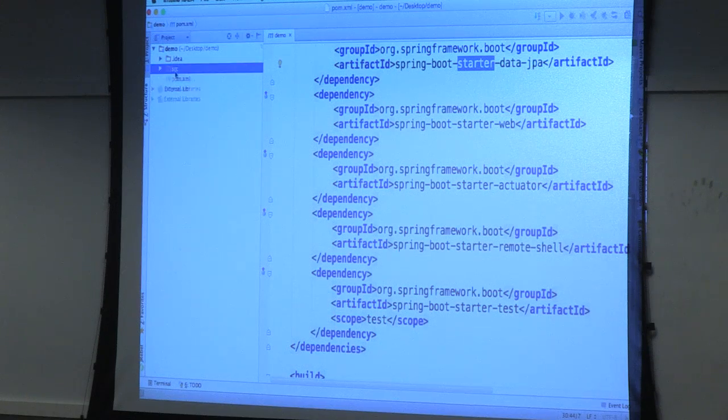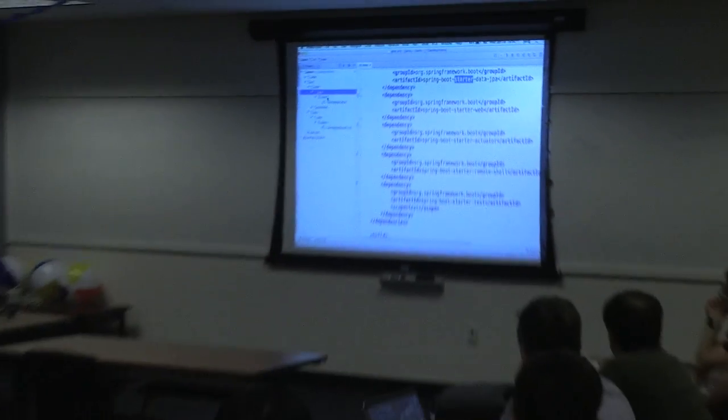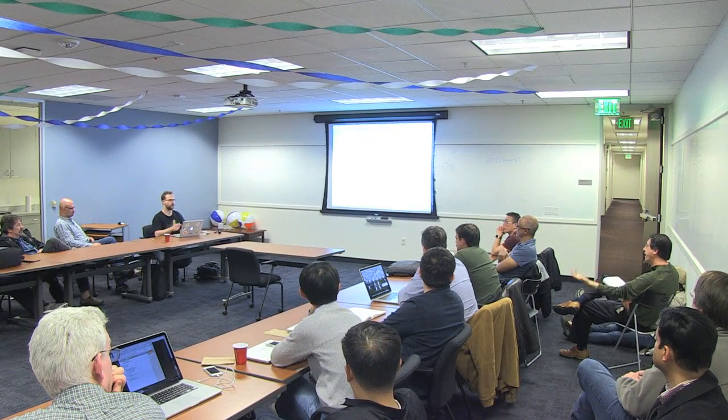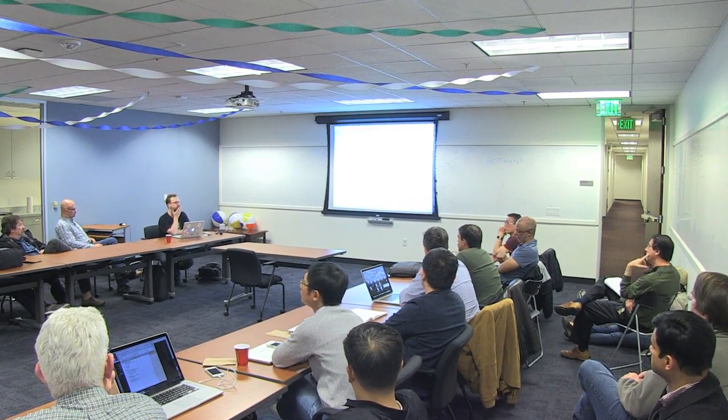OK? Yes, sir. Can you, for example, use Grails and include actuator in your app? Well, it is funny you should say that. So Grails 3 is going to be based on Spring Boot. So it is basically a bunch of configuration options for Spring Boot. So yes. But is Grails 3 out there? No. Now that's a bridge too far. It's coming. They're working on having that out by end of March, I think. OK, so that'll be there. But yes, that's certainly the hope, right, is to be able to benefit from all this stuff.